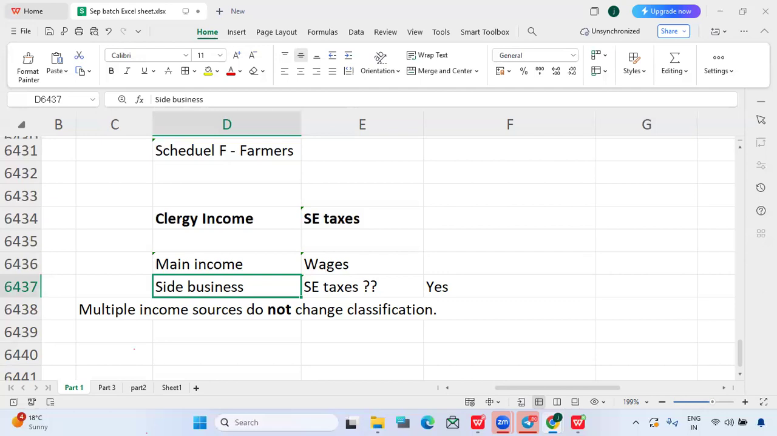So in tomorrow's session, it seems to be a revision, but yes, tomorrow I will try to quickly recap. I have a doubt. Yeah, go ahead. In SE taxes, social security